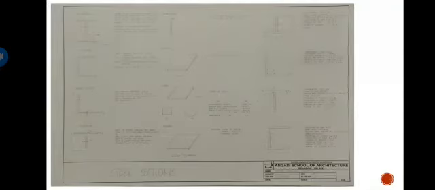Then the third one is angle section. Angle sections are manufactured in L shape. It contains two legs. Some angle sections contain legs with similar dimensions which are known as equal angles, and some are with unequal dimensions which are known as unequal angles. So there are Indian standards given, which is ISA, Indian Standard Angle.